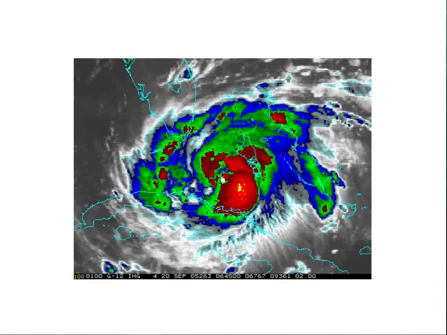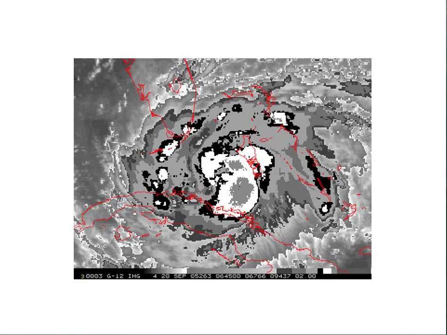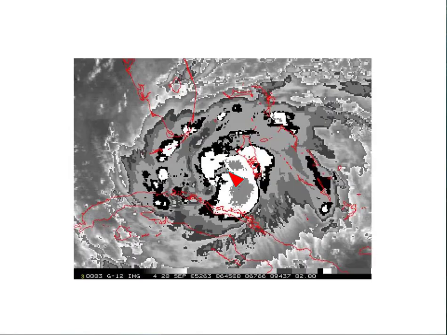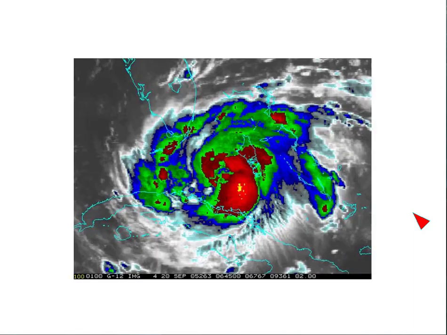This is an IR image of Tropical Storm Rita before it intensified into a hurricane. In this image we see what looks like an eye, but it's not really an eye located right here. However, it does lie within a break in the clouds near the center. In the next image,